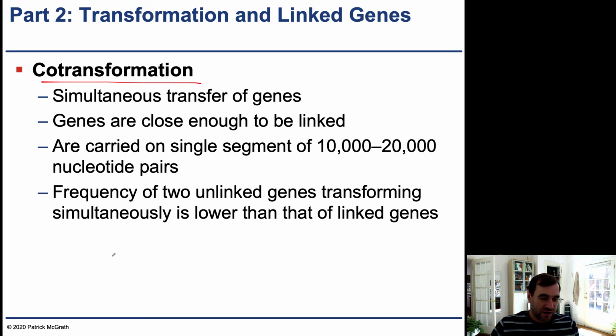Before, we talked about map distance in chapter 5, where genes that were closer together made it much harder to form recombinant gametes. In bacteria, genes that are closer together are much more likely to co-transform, which means you would change both of the genes at the same time. All right, that is the end of part